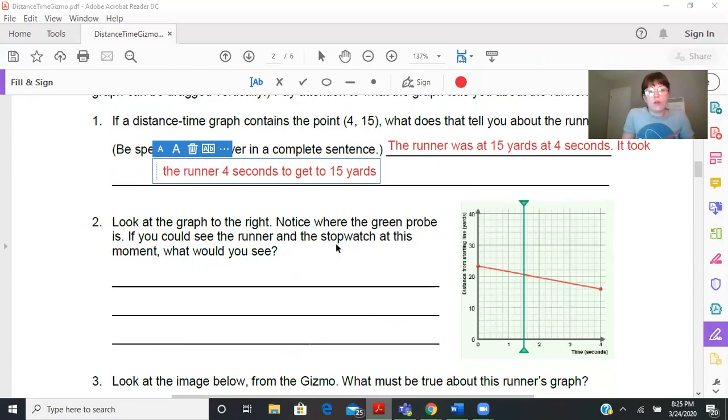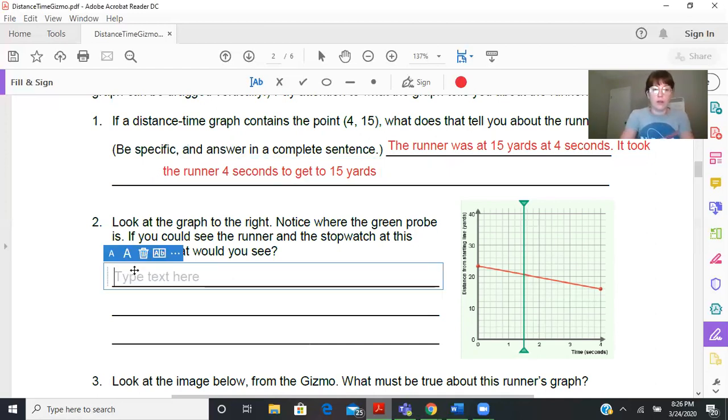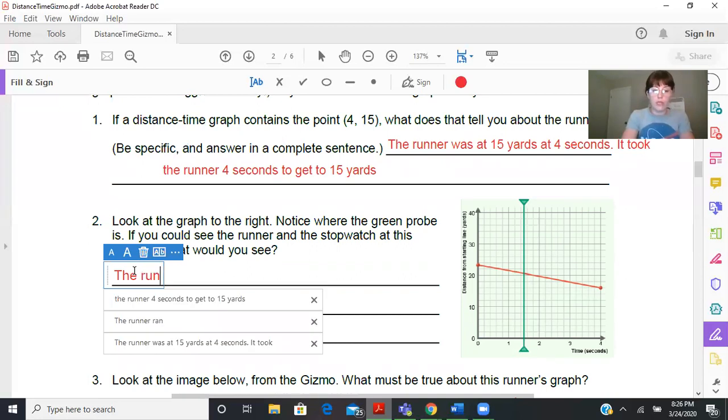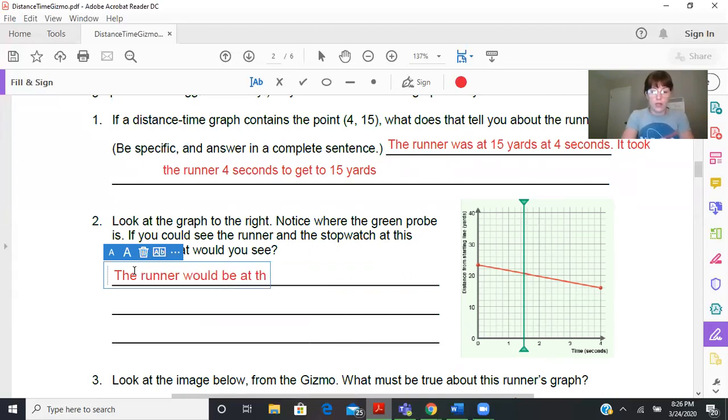Look at the graph to the right. Notice where the green probe is. If you could see the runner and the stopwatch at this moment, what would you see? So here I am looking at the time. The time is about 1.5 seconds. It's right in between the 1 and the 2. And the distance is slightly above 20 at that point. So what I would see would be the runner at the 20-yard line. And he would be facing